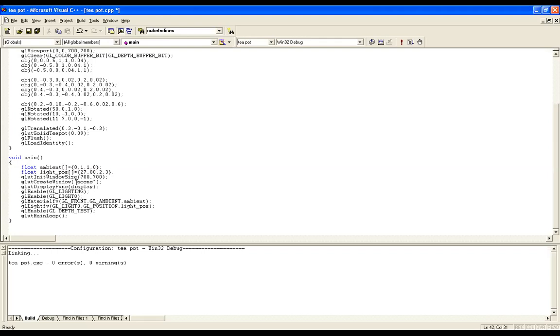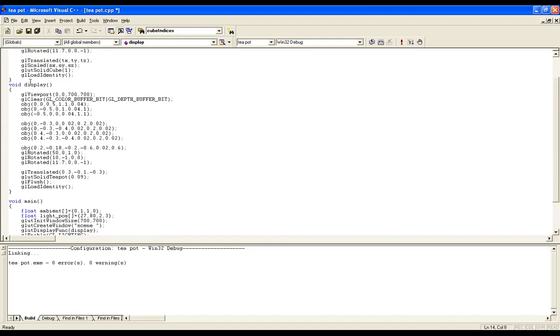When I go to create window, I am declaring the name of the window as scene, or you can say teapot. It is left to you. Don't use the default function, let us use scene only. Sometimes the default function may create problems or may not, so why worry? And then the display function, which is going to take me to the display.